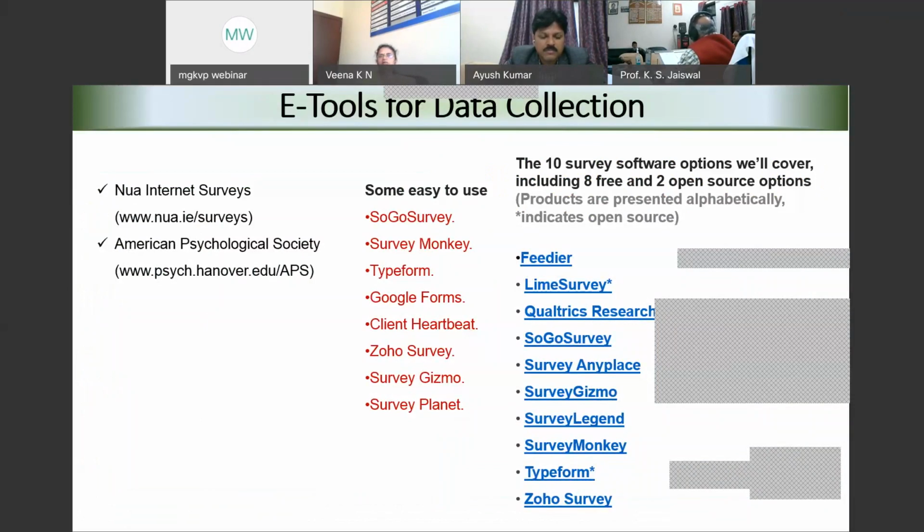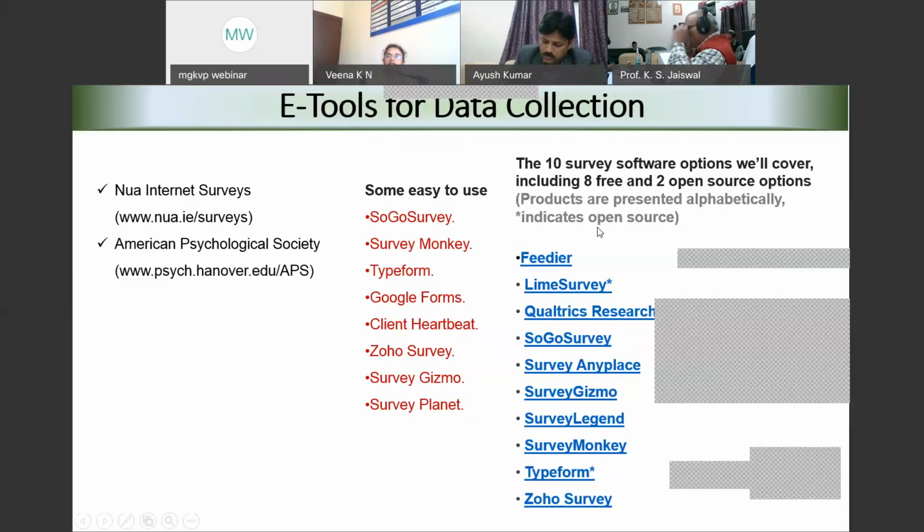And some easy to use survey tools, which we call open source, wherein there is no need to pay money but you can still use them, are also available. So you can have a look at this list of e-tools for data collection. And here you can notice in the blue colored list, some of them are indicated as open source.